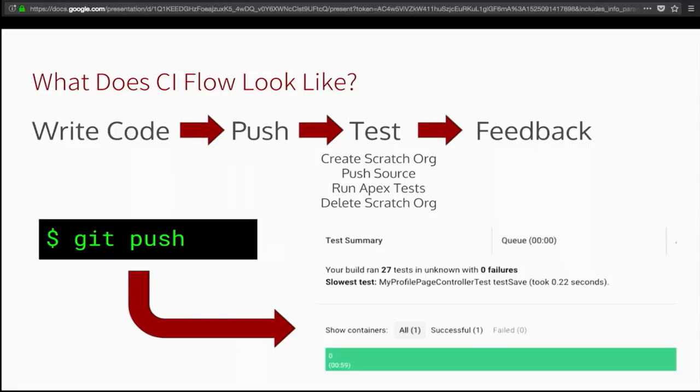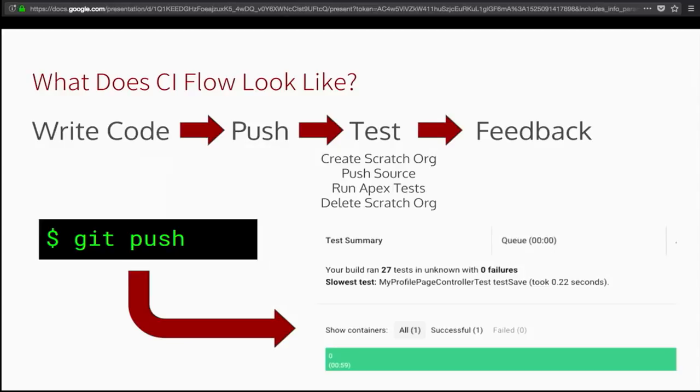What makes it possible for us to do this whole continuous integration thing, where there's no human intervention, where it's all running in the cloud, is the use of those disposable scratch orgs, where we never have to worry about artifacts and side effects, because we spin it up empty, we put all that code that we've created into it, run our tests, and then we get rid of it. And that scratch org is never used again. It's gone. Next time we do a push, we'll create a new one.